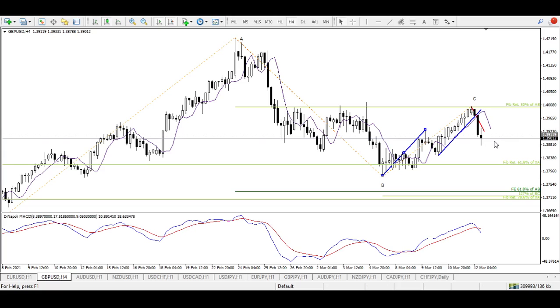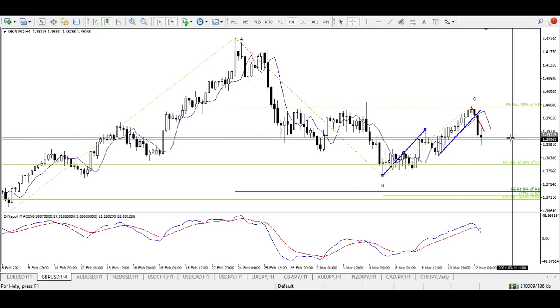The market price is not very different from my entry price. It's just like 9 pips below. So either you can place a sell limit at 1.39119, or you can open a market order right now. Even if you open a market sell trade right now at the current price, your risk and reward will still be very good, because reward here